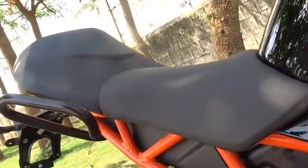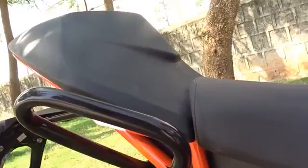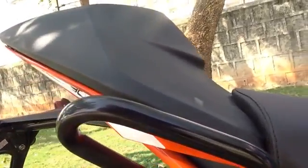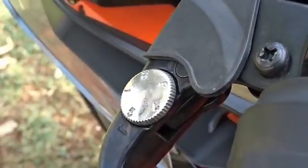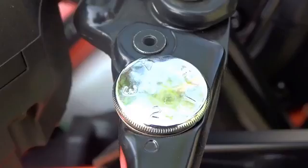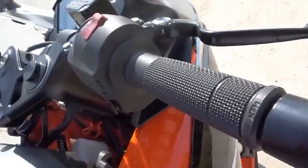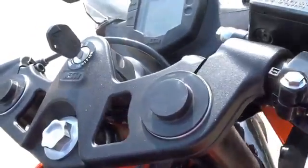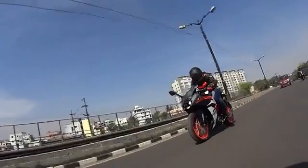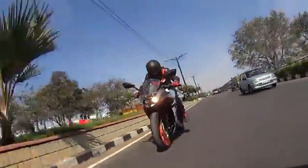Now, this coupled with the well-padded seat and the ultra-refined engine along with the lighter clutch action and super smooth gearbox well and truly take care of the comfort factor now. Now, please note that I'm talking in terms of a super sport machine lover. There are some who are used to the upright riding posture of a street naked, and they may find this seating posture a little too aggressive initially, but you might get used to it once you get a hang of it. But for all you super sport lovers out there, this bike now feels better than it has ever